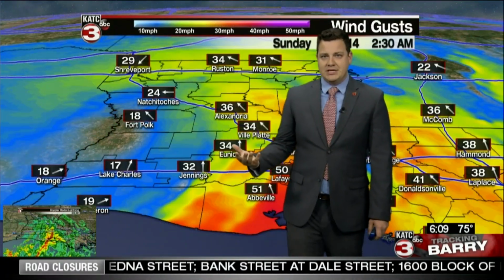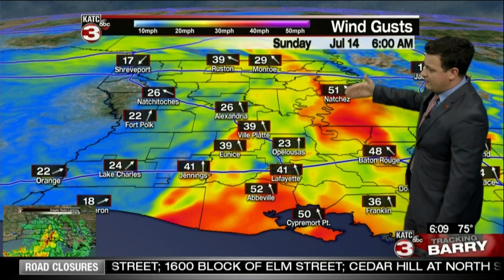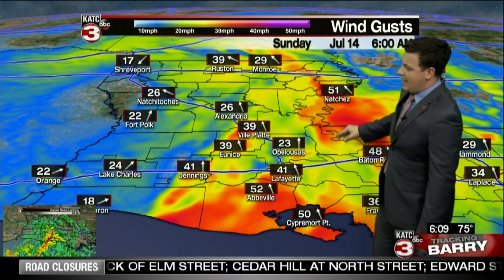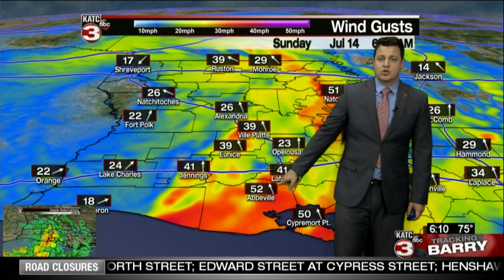Looks like we're going to be seeing a ton of rain and a ton of wind as well. The gusts overnight have been at about 40, 50. We're coming up to the top of the hour now. Still plenty of 40 mile an hour wind gusts, 50 down along some of those squall lines. And